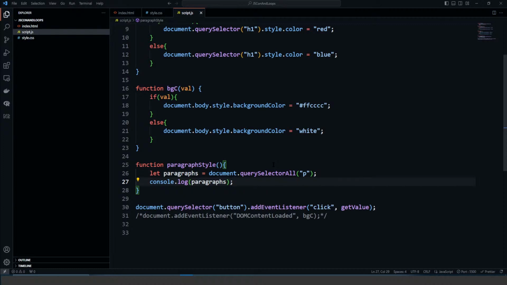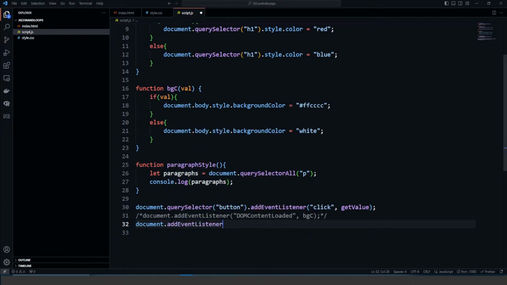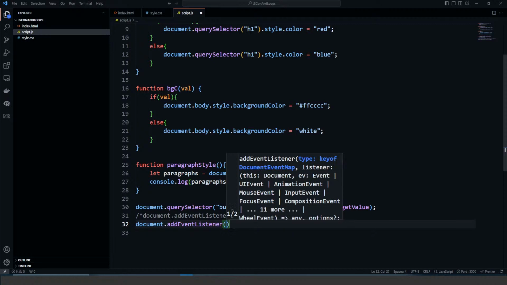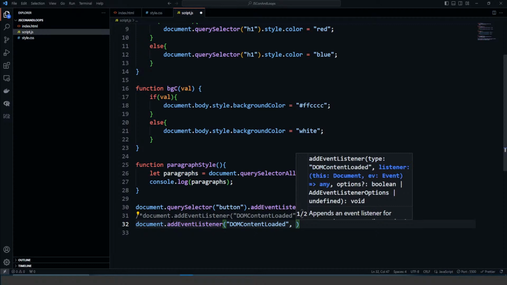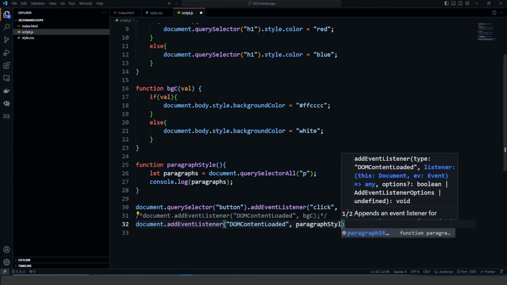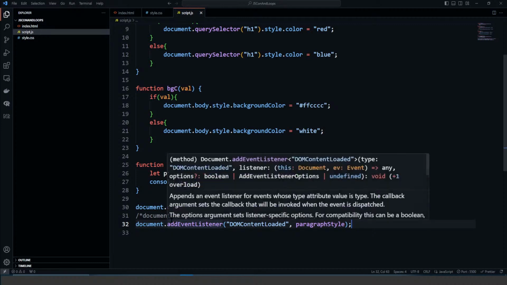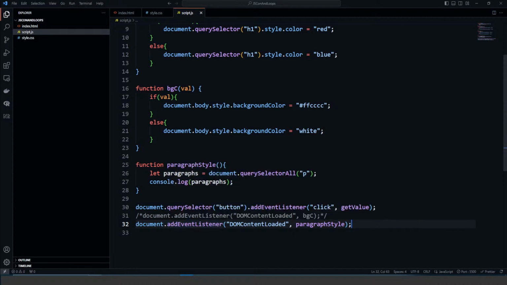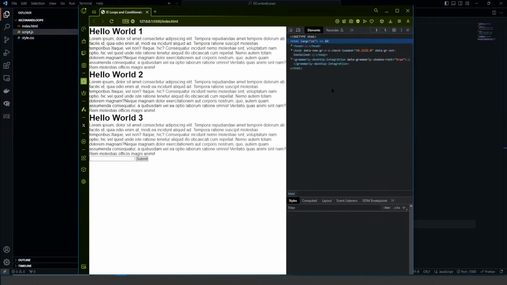So if I add a little document.addEventListener on DOMContentLoaded, and I run paragraph style, we should be able to see this array of paragraphs in our page on page load. So if we look at our console here, inside of our console,